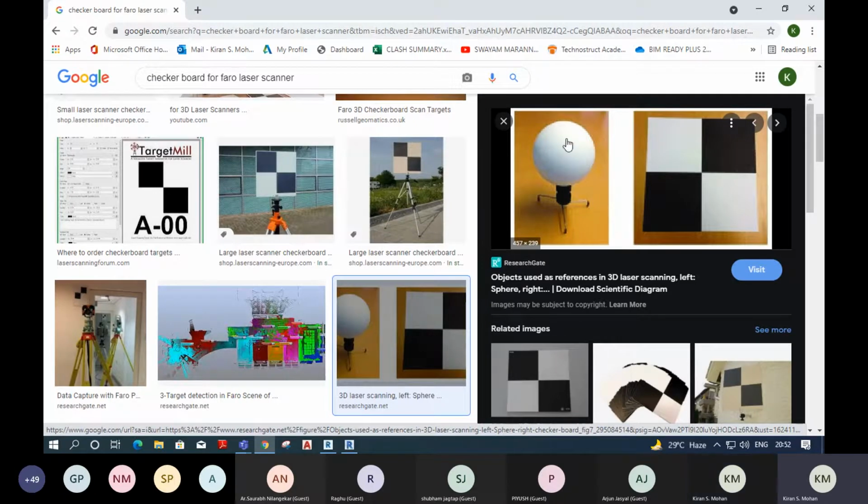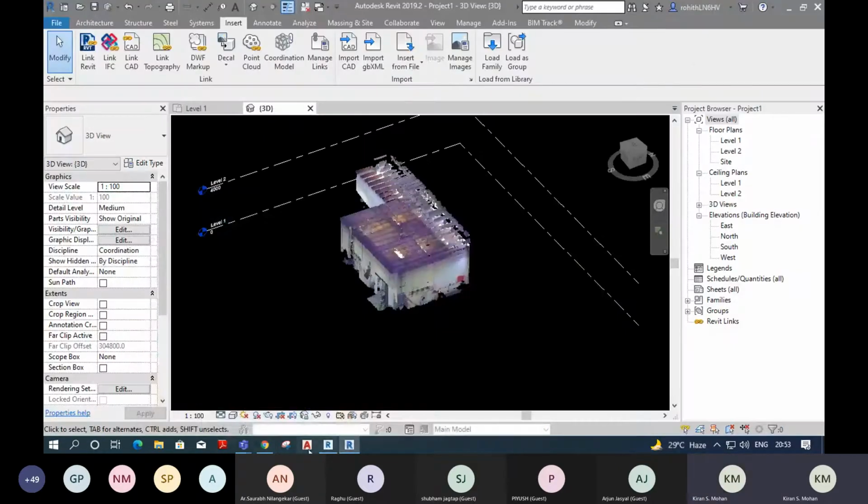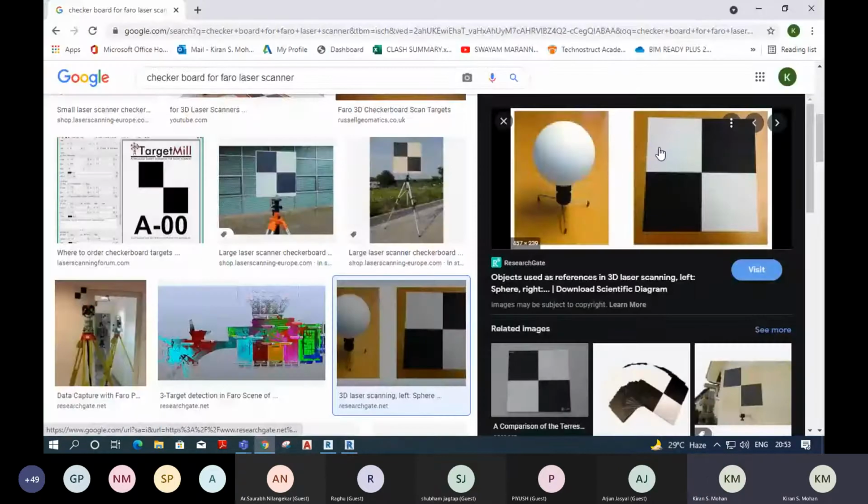Okay, and inside the sphere, we are adding a point in the middle. The software can identify the middle point of the sphere, and it will add those coordinates at that middle point. So for that, first we should know the exact XY coordinates in the middle of this sphere, and after that we can measure this distance.